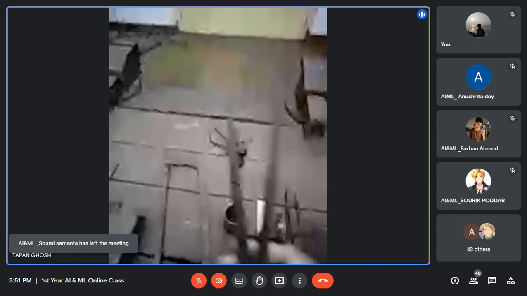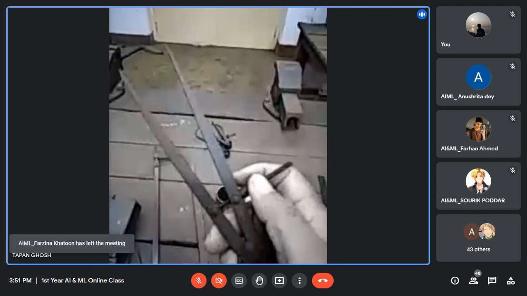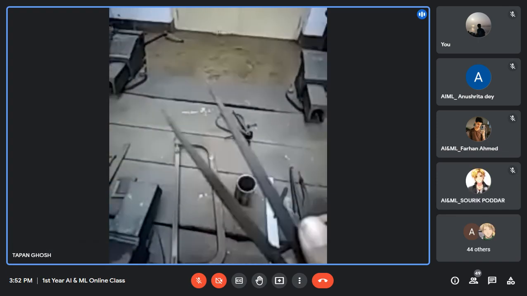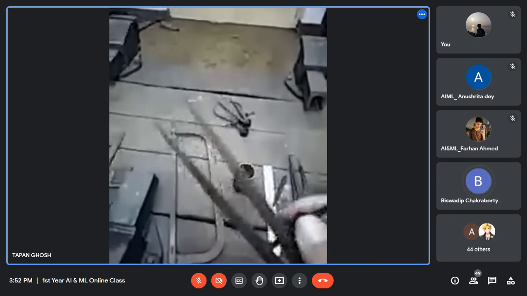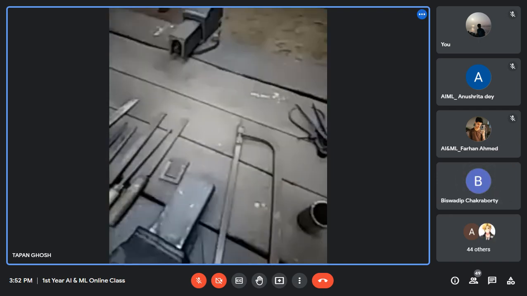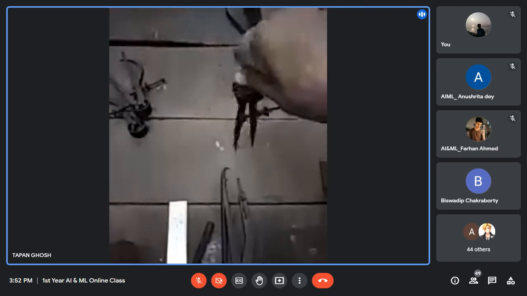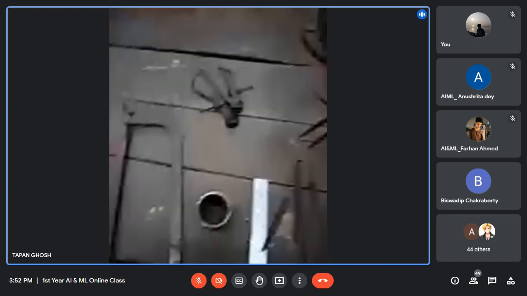Then one is here. This is called a divider, or spring divider, or compass. So if you want to draw a circle on the metal piece, you touch one side here and rotate it and draw on the metal piece.